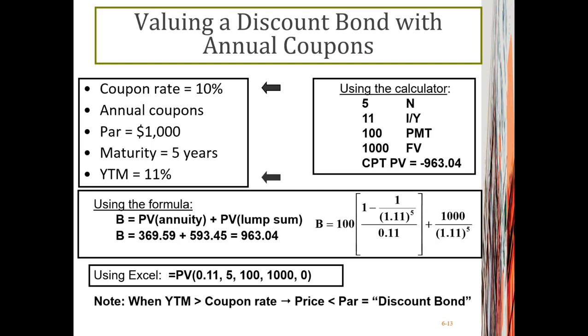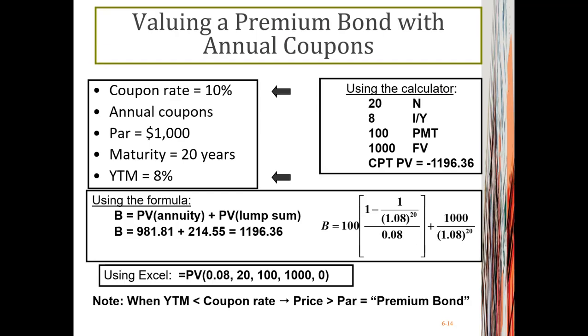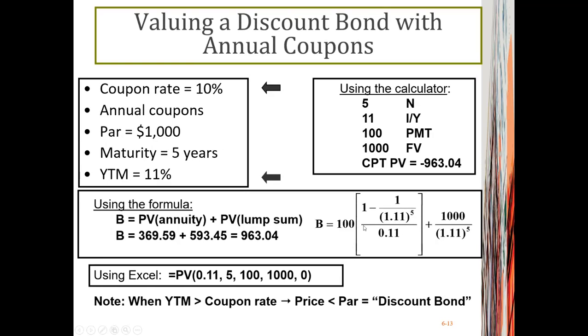The alternative method is to do the manual calculation by utilizing the formula that you see here. In this formula, you need to put the coupon payment C, F is the principal value, T is the number of years, and YTM is the interest rate. So once again, the coupon payment is $100, the principal is $1,000, the yield to maturity is 11%, and the number of years is 5. When you put those numbers into your formula, you will come up with exactly the same answer,